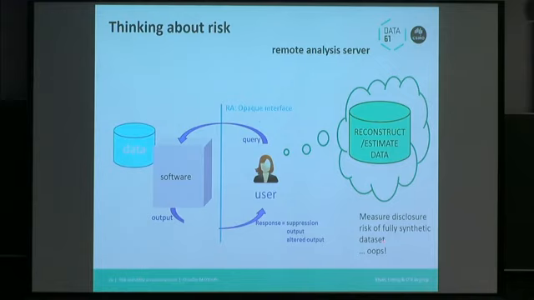Unfortunately, there weren't any disclosure risk measures for fully synthetic data sets I could find, so we've had to do some other ideas there. But I do wonder whether that's perhaps one way to start approaching the problem, because disclosure risk for data sets is easier than for analysis output. Anyway,